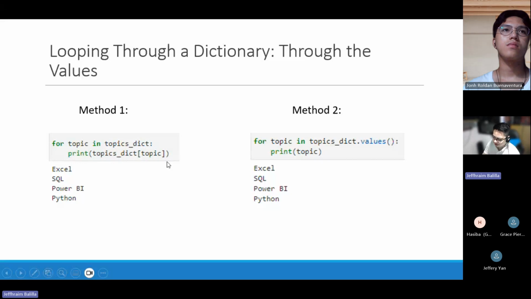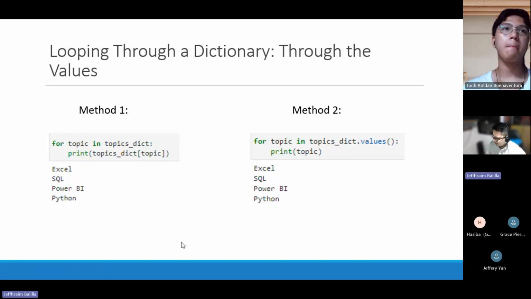We are slicing through the dictionary through its keys, right? Again, it depends on your preference whether you use this or method two. Both would still arrive at the same results. It's just a matter of preference and whether you're more comfortable doing one version as compared to the other. But it pays to know both, right? It's good that you know both.